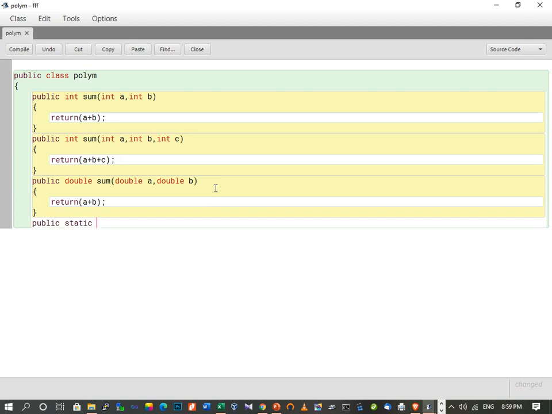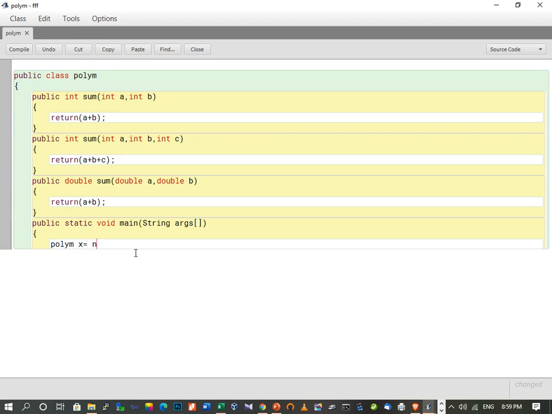For that we write public static void main, the main function. To call these methods, we have to make an object of this class, polym. So here I write polym x equal to new polym.